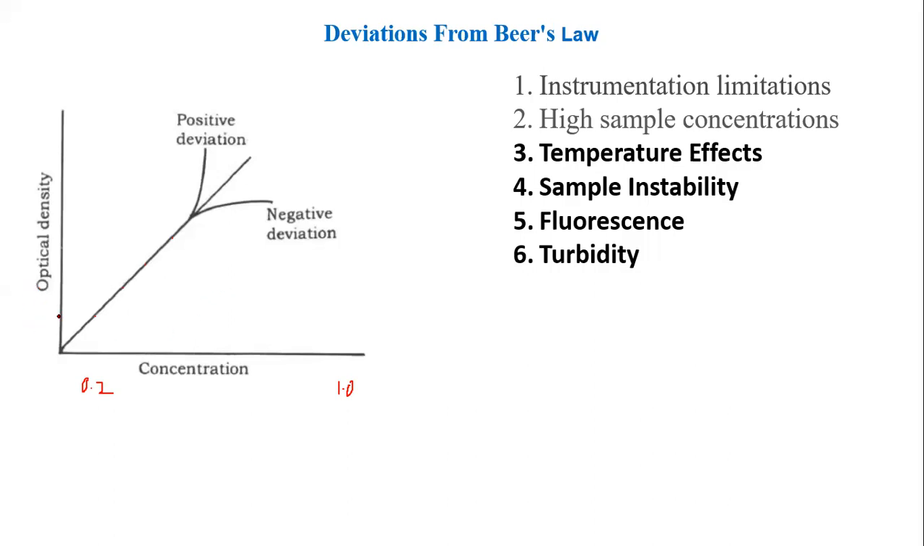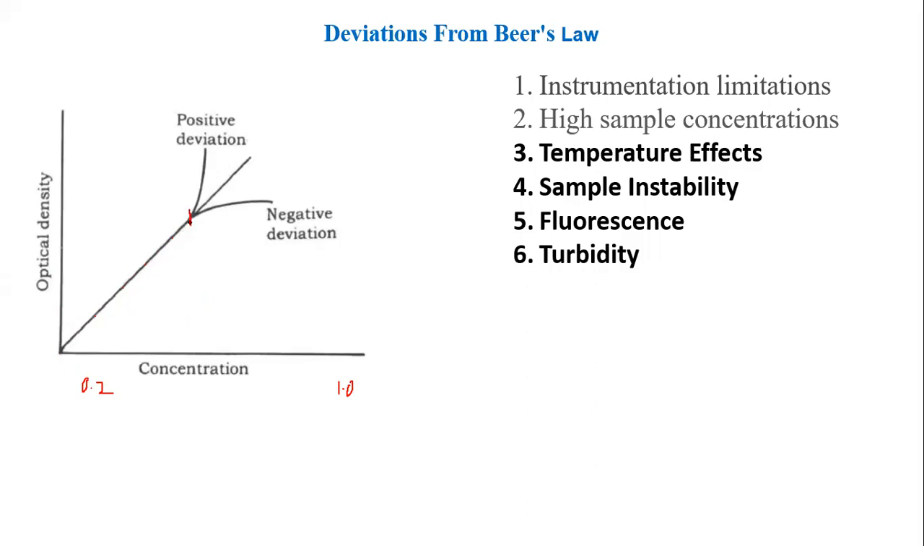Say for example, according to Beer's law, with increase in concentration, there is increase in absorption. There is proportional increase in absorption, right? What that means is that when I double the concentration, the absorption should also double. However, there reaches a point